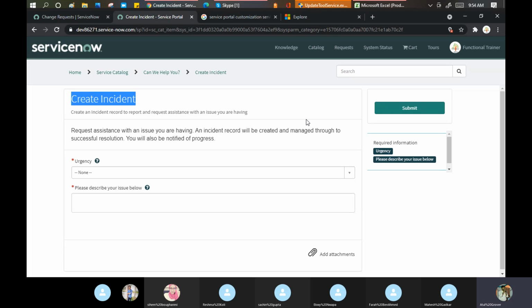Now I want to give a homework specifically to all the people who are freshers here: Reshma, Gaurav, Roshan, and Mahesh. You need to start reading about incident management, problem management, change management, and request management as per the ITIL.